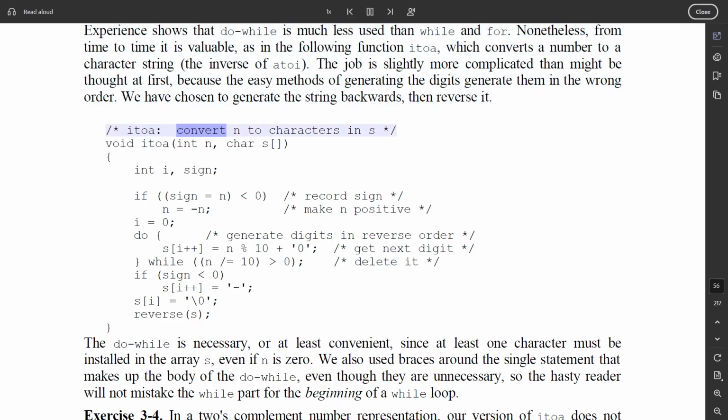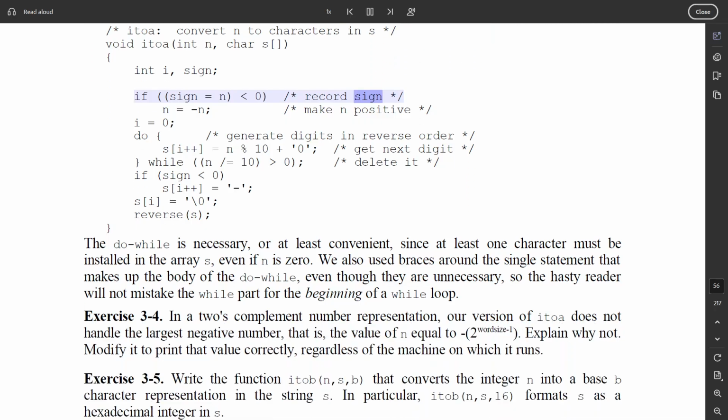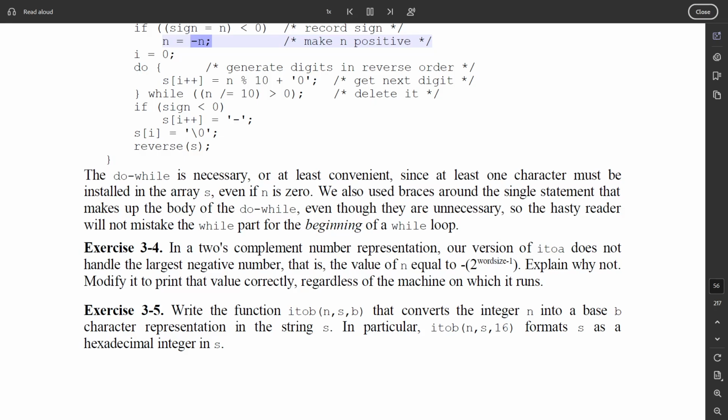/* itoa: convert n to characters in s */ void itoa(int n, char s[]) { int i, sign; if ((sign = n) < 0) /* record sign */ n = -n; /* make n positive */ i = 0; do { /* generate digits in reverse order */ s[i++] = n % 10 + '0'; /* get next digit */ } while ((n /= 10) > 0); /* delete it */ if (sign < 0) s[i++] = '-'; s[i] = '\0'; reverse(s);